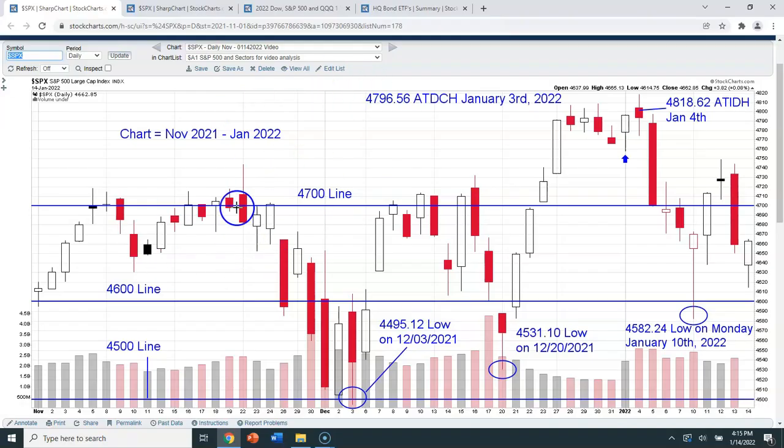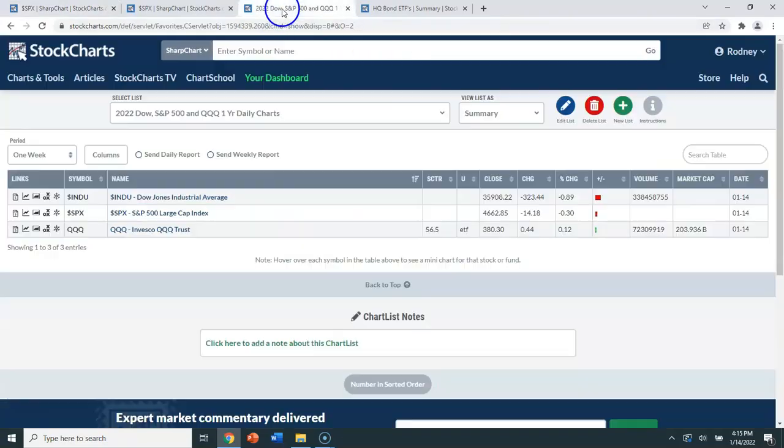We will come back to this chart in just a couple of minutes, but I want to start off with the weekly performance for the Dow, the S&P 500, and the triple Qs, just to give us a starting place. And we can see here for the week that the Dow was down 89 basis points, 0.89%. The S&P 500 was down 30 basis points, and the triple Qs were actually positive for the week,